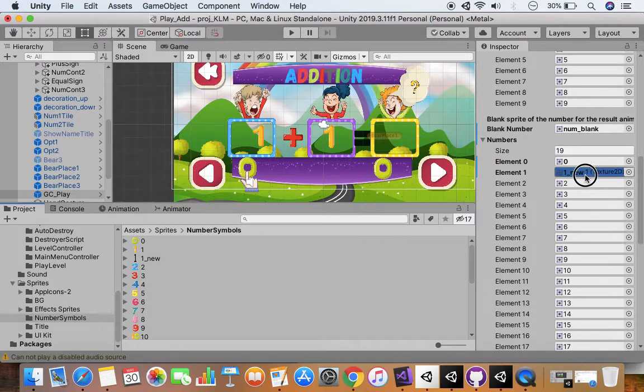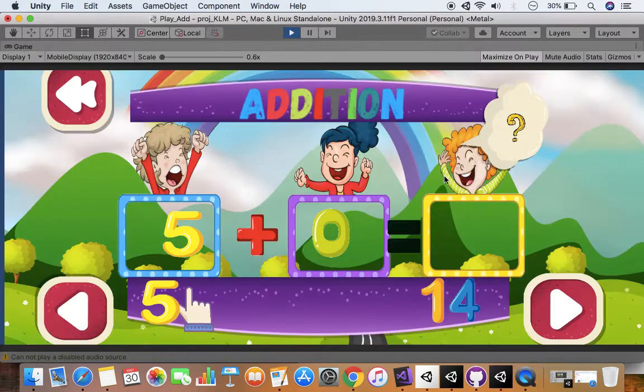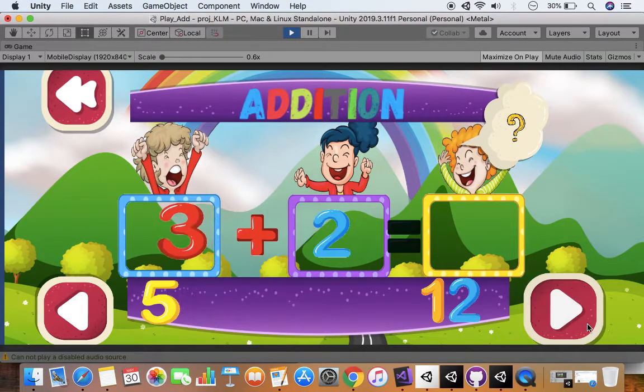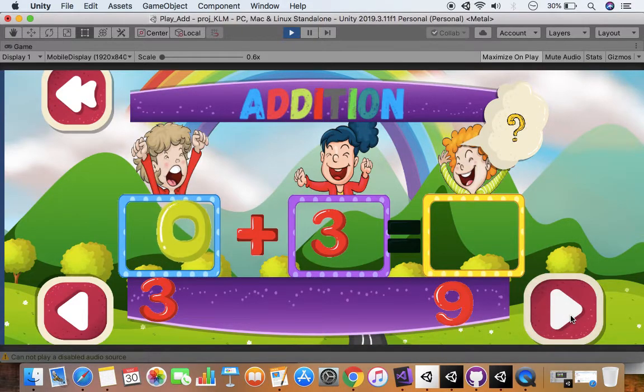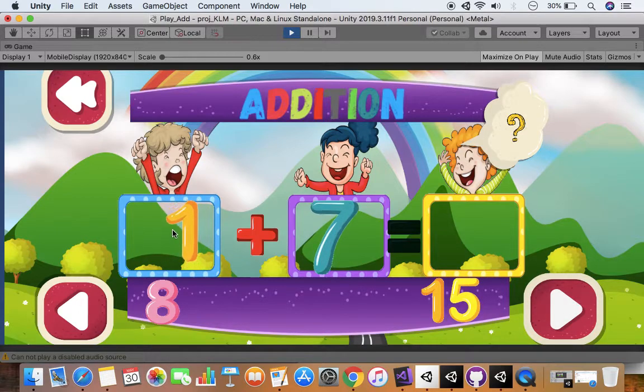Again I'll go to the numbers, which shows the result, and put 1. As you can see, my number 1 has actually returned to its original place, and everything is good.